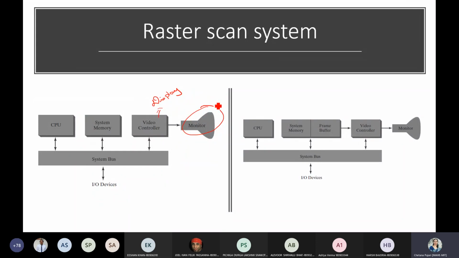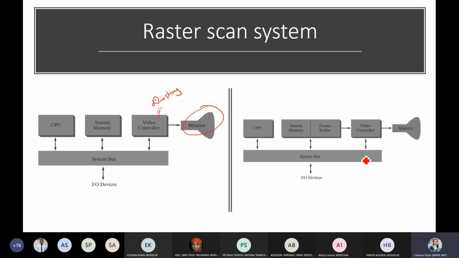At some later stage there was a modification in this. Here the frame buffer is not fixed. You can even go for a fixed frame buffer. That is the only change here. In the system memory, a part of the memory is reserved for your frame buffer, which will hold only the intensity values of the pictures, right? Your video controller is connected to the system bus, and also directly to your frame buffer, so that if you want to fetch your intensity values, it can directly contact the frame buffer, fetch the details, and then display the image.